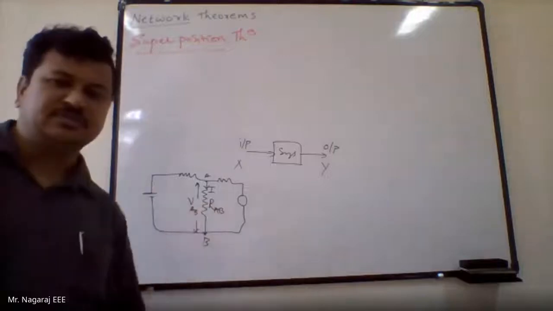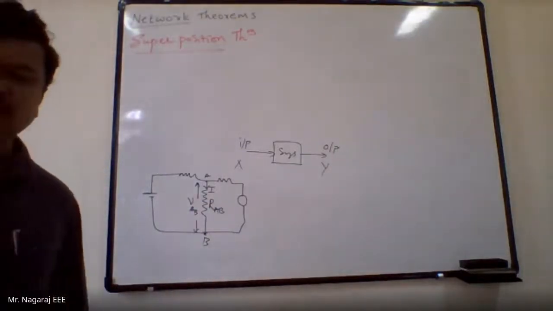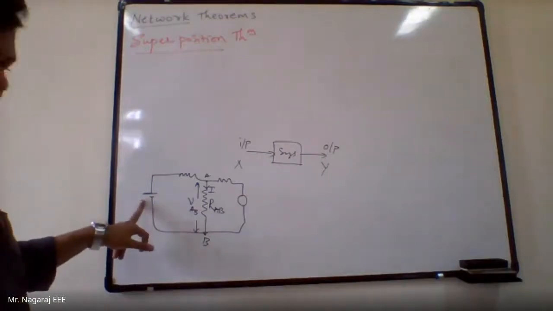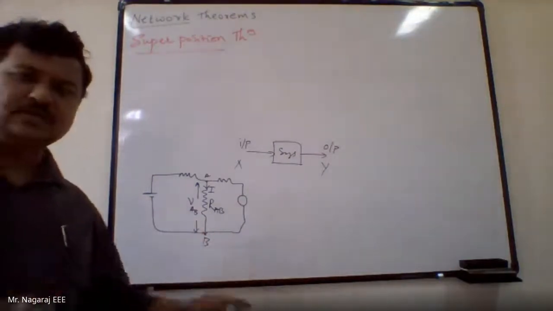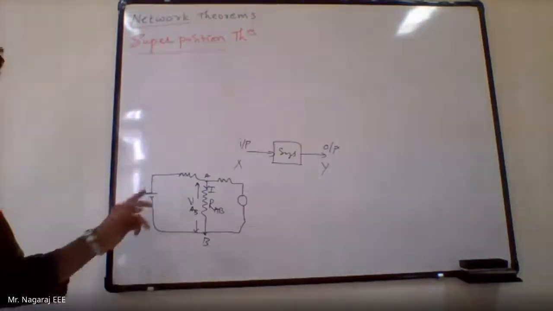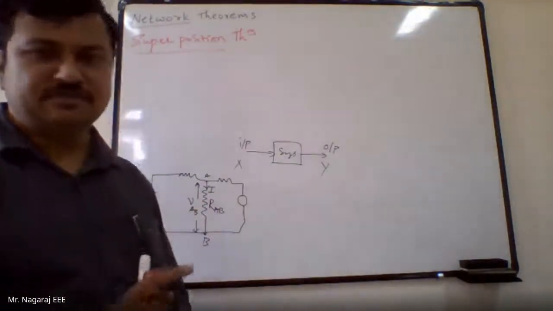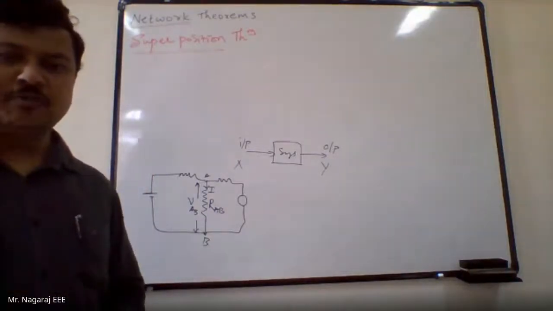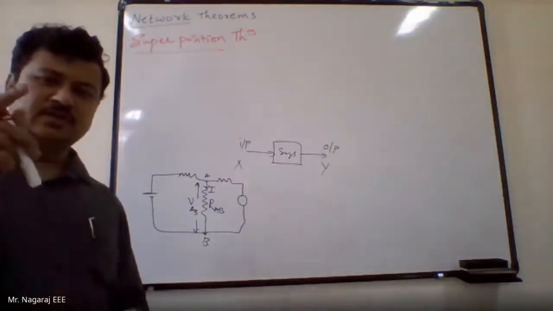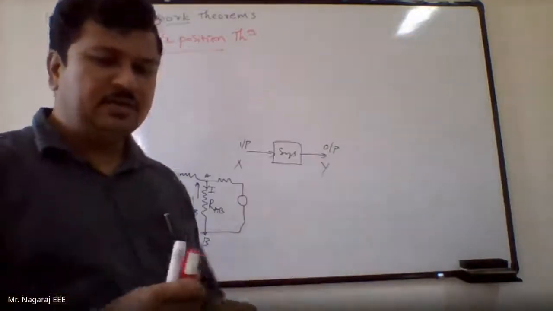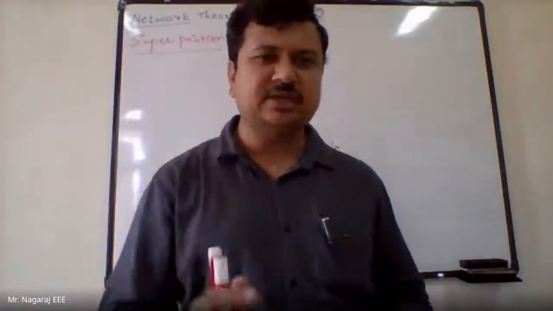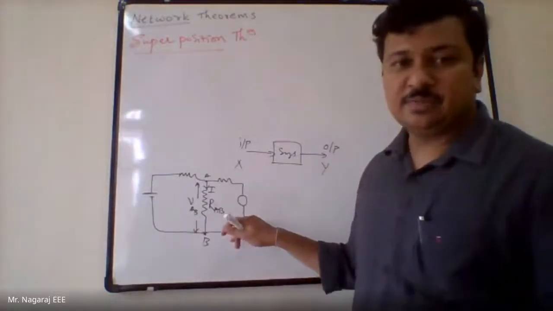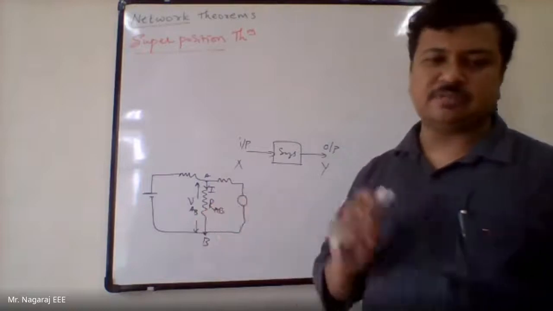These both are responses. Then what is the source? That is excitation. Excitation is nothing but the source. Whether the source is voltage or current, that is input to the circuit. Sources are nothing but input to the circuit. Then what is the output in the circuit? Output in the circuit is the current flowing through all the branches and the voltage drop across all the branches. That is the output. So my excitation is source value. Response is voltage and current across each branch.